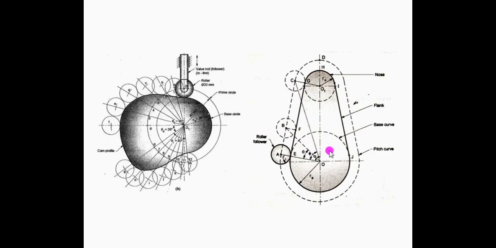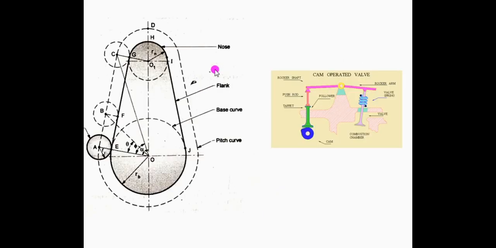This is the base circle, this is the nose circle, and these two circles are connected by two tangents EG and IJ. Hence these cams are known as tangent cams, and this tangent path is known as the flank of the cam. Due to ease of manufacturing and less cost of manufacturing, these tangent cams are widely used. In most IC engines, the inlet valve and exhaust valve openings are controlled with the help of these